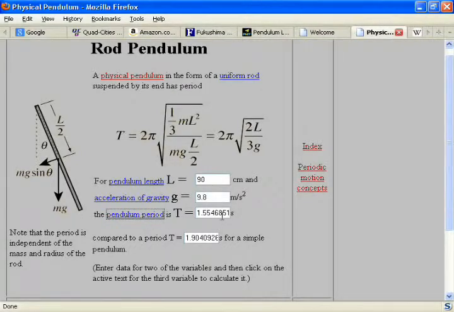Well, it's less. It was 1.9. Now we're down to about 1.6, compared to a period of about 1.9 for a simple pendulum. So this pendulum would actually be 1.6 seconds,